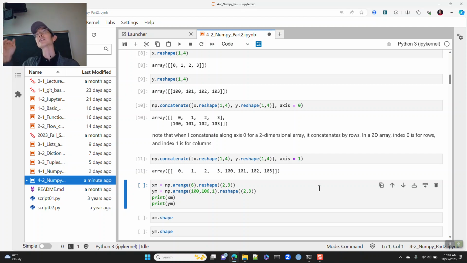So you have to kind of get used to the order in which Python orders the axes. For a two-dimensional structure, the order of axes is rows first. Rows is index 0. Index 1 is columns. Okay, but if you have a three-dimensional structure,